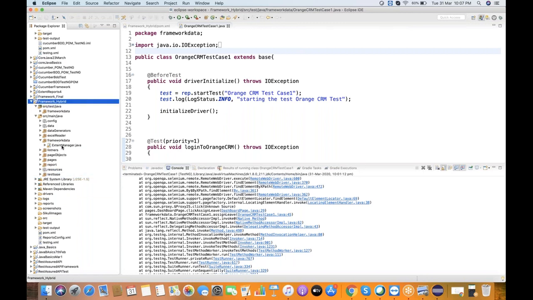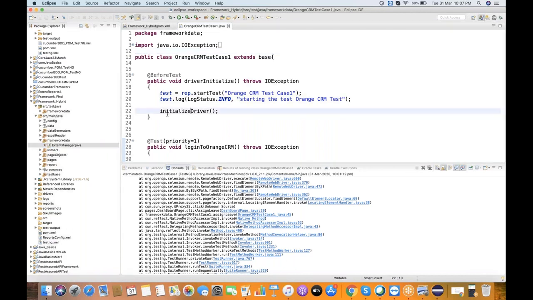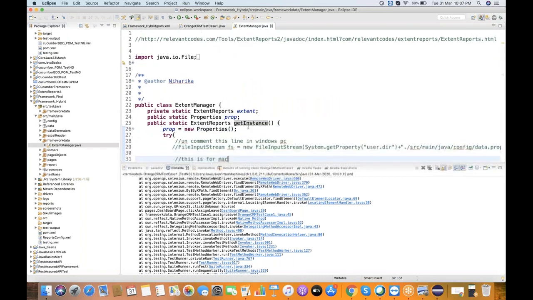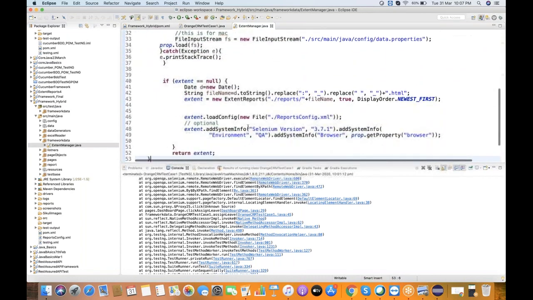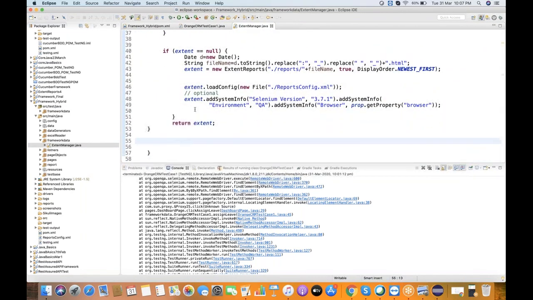For external tools like Extent Reports, I reuse some code from their templates, even from my previous project, because even I don't know each and every line related to Extent Reports.